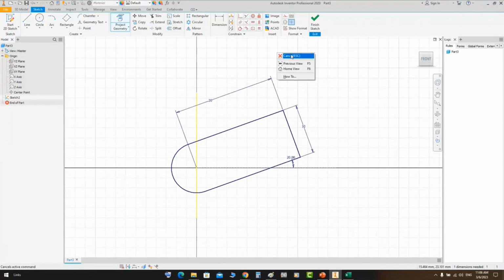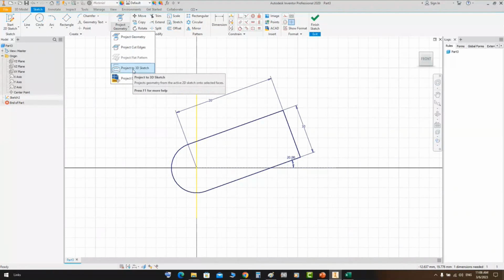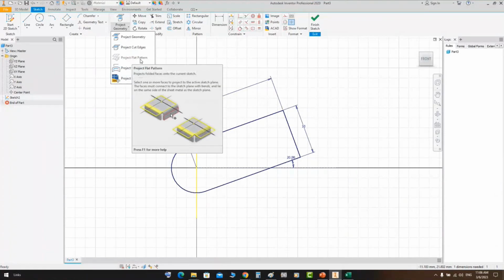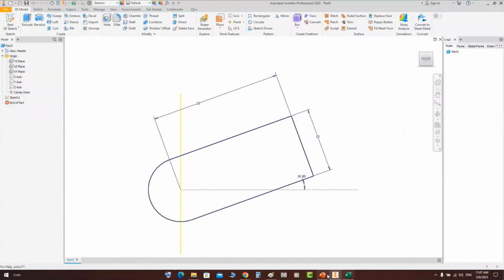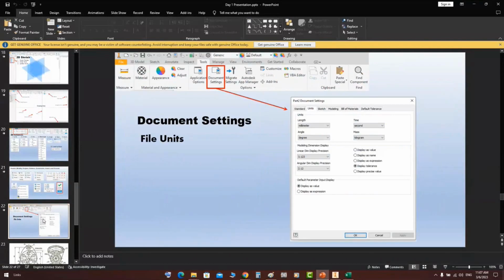plane. Okay. So we will discuss that when we have a 3D model, because those features are usually used if you have a 3D model, and some of them, like project flat, are better if you have a sheet metal part. So we need to use this in case we have a 3D model, and we will discuss that in detail inshallah in the next sessions. Okay, let's come back to this slide, and with the last slide here,